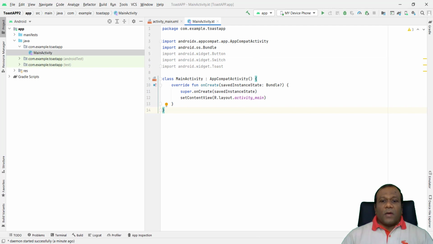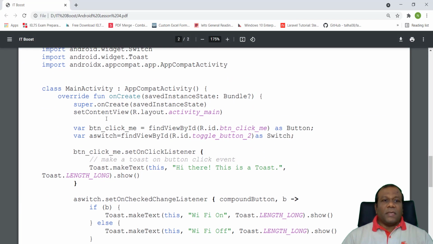Now we have to cast the views here. val btn click me equals find view by id R.id.btn click me, this is the id of the button. val a switch, for the switch, find view by id R.id, R means resources, id we have given the name toggle button 2 as switch. So I will add those two.